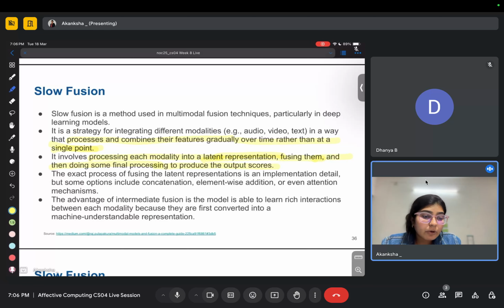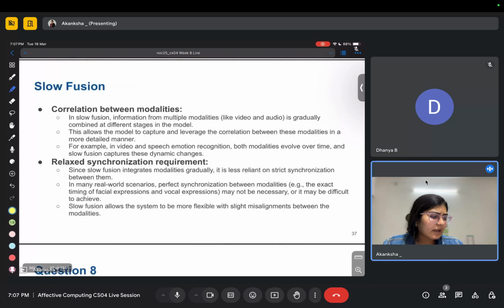However, let's say you want to use concatenation, or if the dimensions are the same, you can also add them, or even attention mechanisms can be used to make sure that only the relevant information is captured from the cross modality. So the advantage is it is able to learn rich interactions between each modality because they are first converted to a machine understandable representation. Let's see with the help of a diagram, I think there is one later somewhere. So correlation between modalities, in slow fusion we are able to, since we are capturing it at,